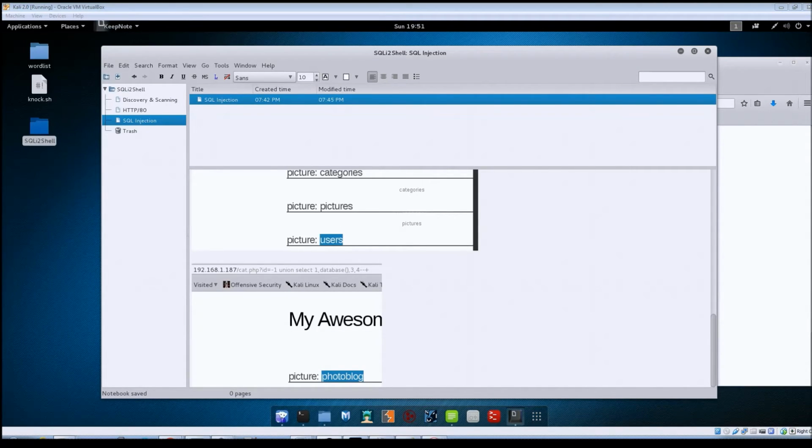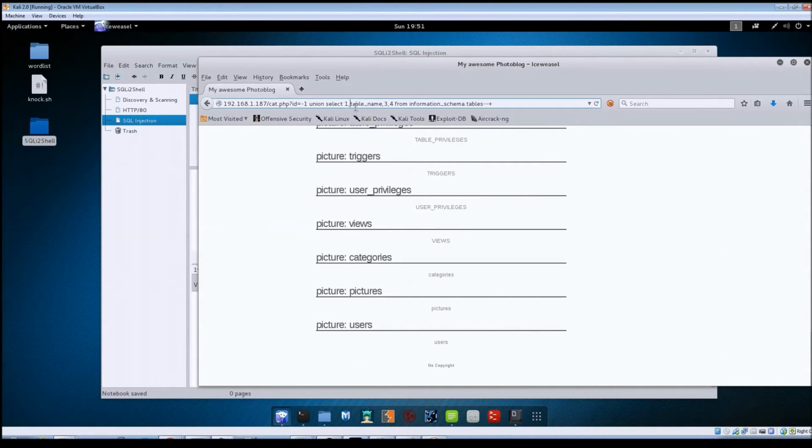Alright, and now we want to get the column names for that particular table. So let's go back to our browser, to the URL, and we're going to change where it says table here. Just delete that and replace it with column, and then go out here to the end, change this to columns, plural, and then we're going to add where table_name equals users. So we're telling it we want the column names from information_schema.columns where the table name was users, which is this one here that we'd found. So if you just hit enter,